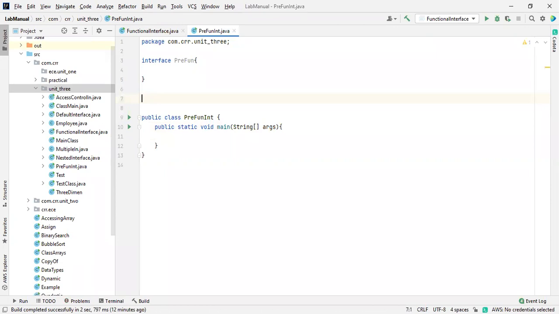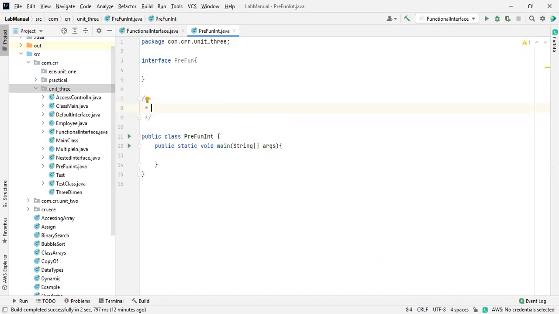Before that, what we said, the comment should be like, again, how many comments are there inside Java? There are 3 types of comments: a single-line comment, a multi-line comment, and the descriptive comment. So here, before the main class, we have to write the descriptive comment.